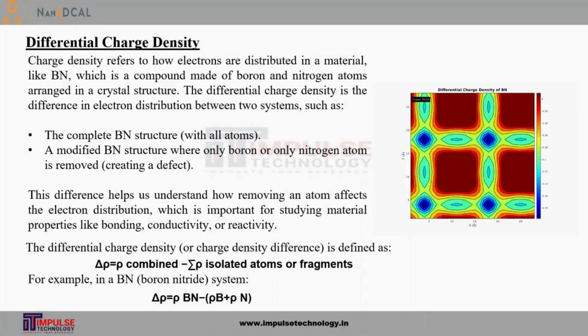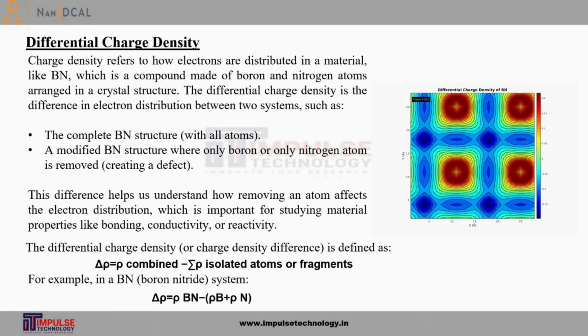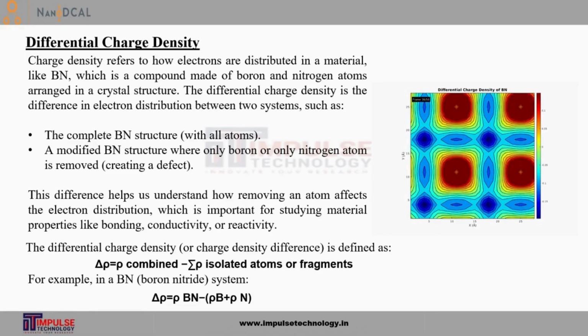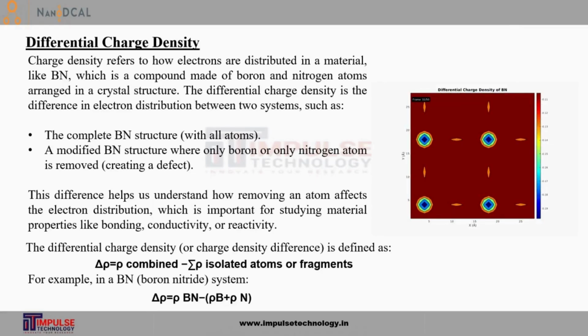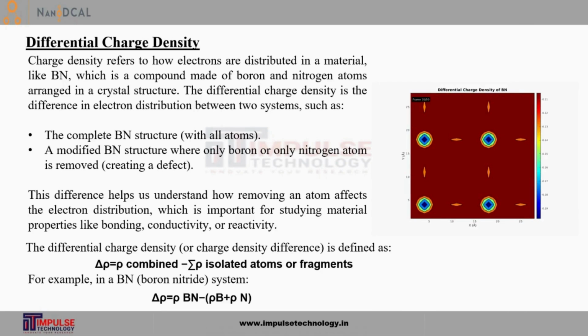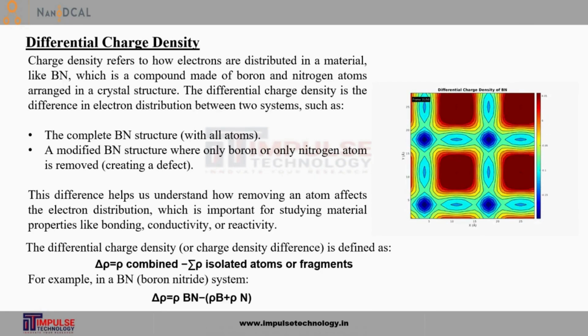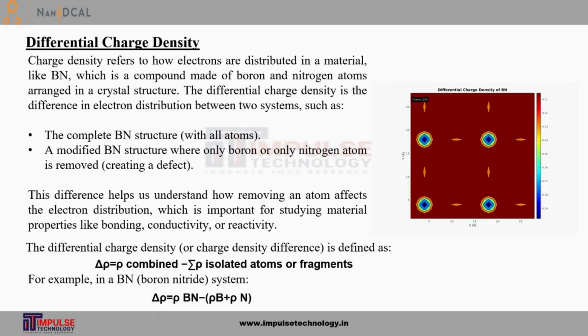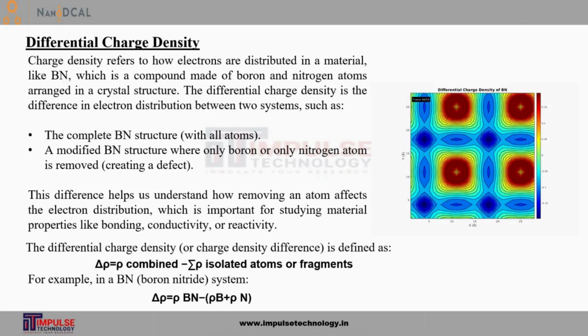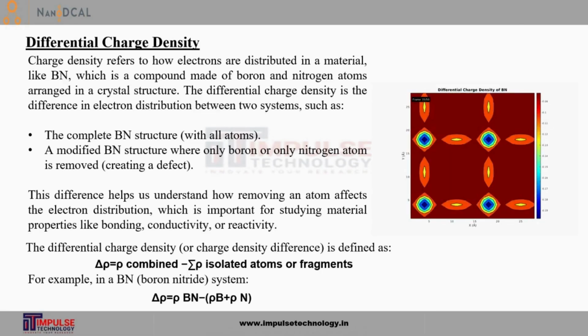In this video, we calculate charge density and differential charge density through charge density calculation. Charge density refers to how electrons are distributed in a material like boron nitride. For this video, we take the example of boron nitride, which is a compound made of boron and nitrogen atoms arranged in a crystal structure.